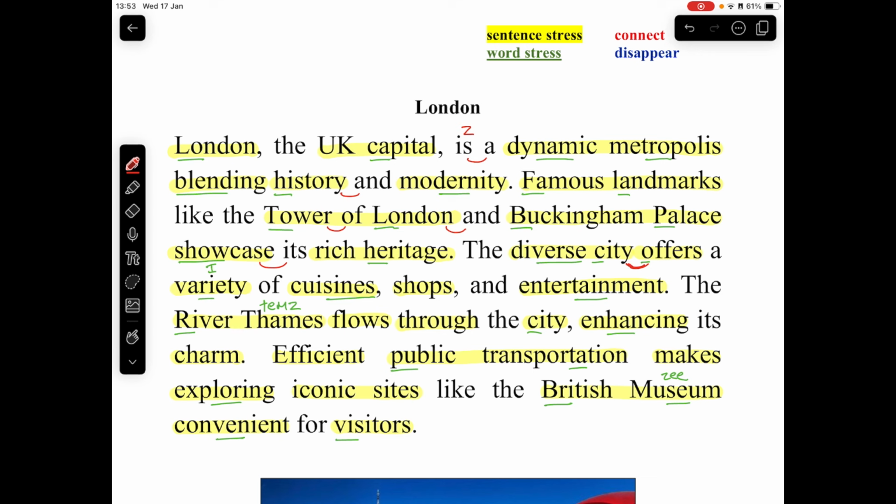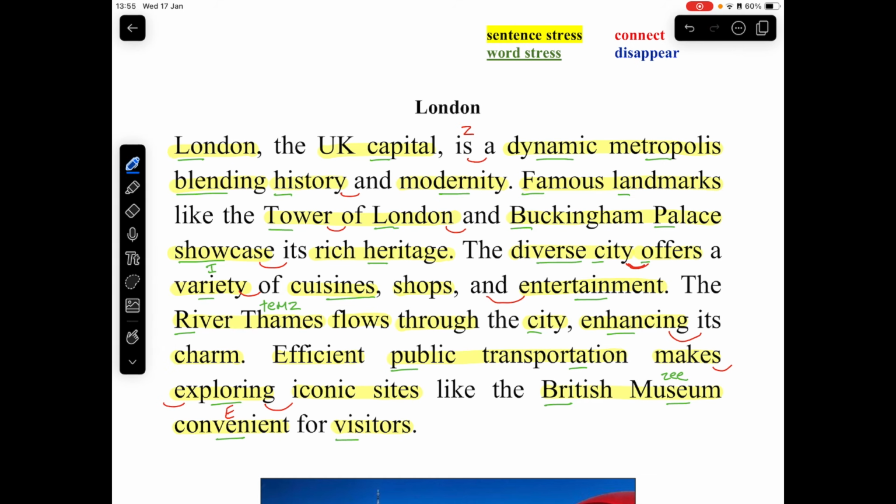A variety of, so we have lots of examples of Y sounds, or E sounds, if you like, history, variety, city, blending into the next word. Cuisines, shops, and entertainment. So we have an entertainment. We're going to come back to these and words in a moment. Next, we have the River Thames flows through the city, enhancing its charm. Efficient public transportation makes exploring iconic sites like the British Museum convenient, okay, this is an E sound, convenient for visitors. Okay,